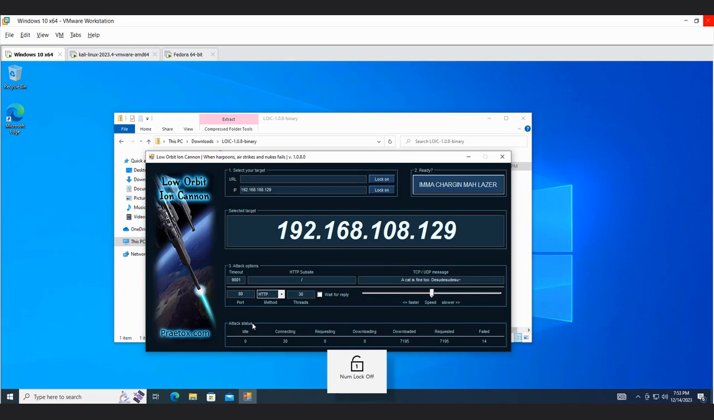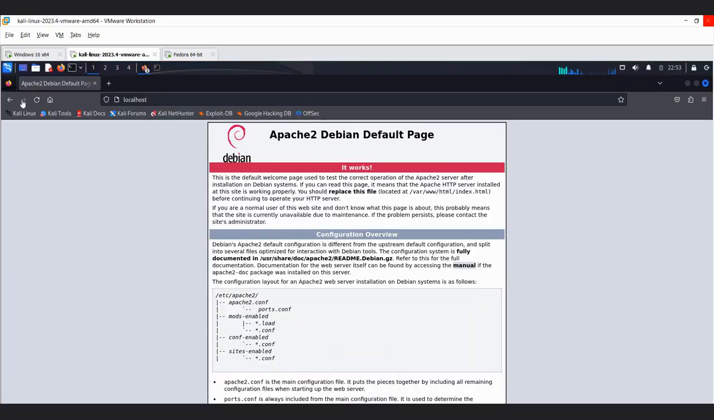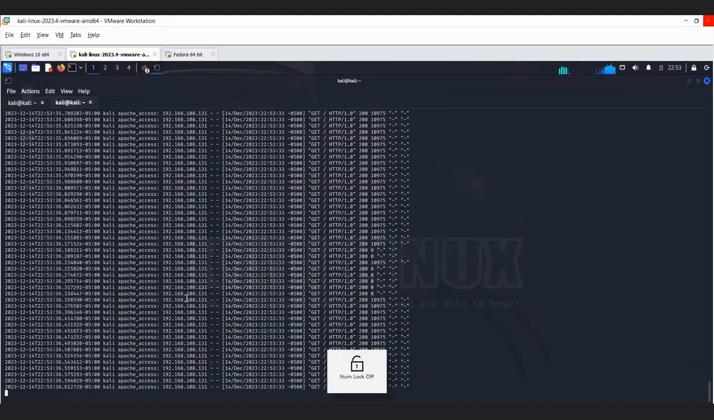So going back to Windows, now what I'll be doing is launching the attack. Everything is set up already. So I won't be waiting for the reply. It's on port 80, HTTP, I'm going to send the packets. So let's start. I've started the attack. Now when I try and refresh it, it's loading because I'm overloading it with